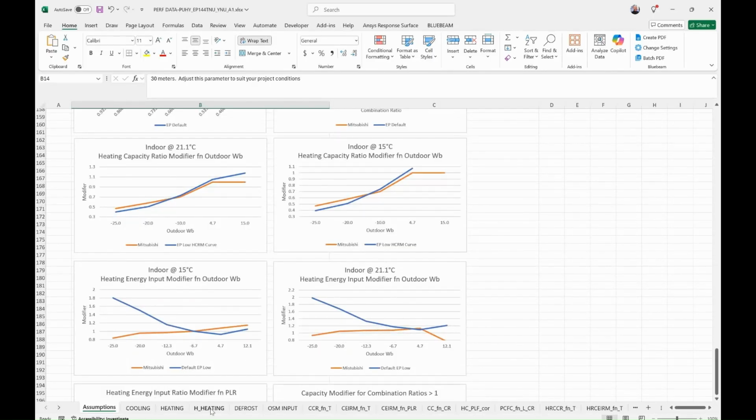There are 5 input tabs that need to be modified to calculate everything in the spreadsheet. All of these other tabs are just calculations, and these derive all of their data from these 5 tabs that we need to input. Starting with the OSM input tab,